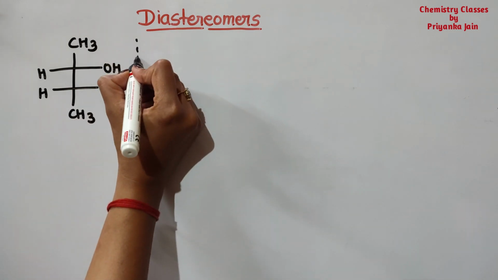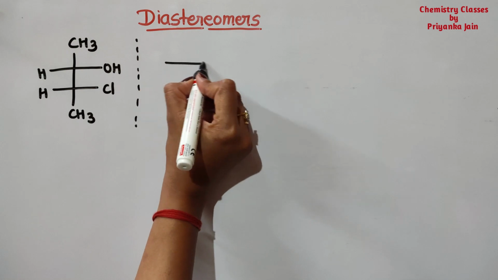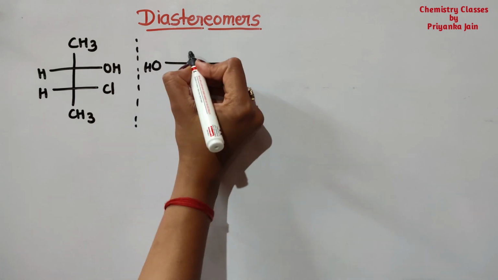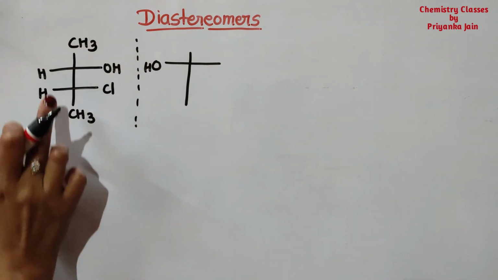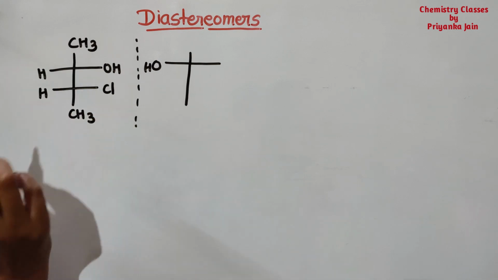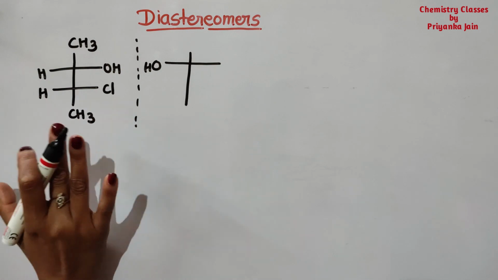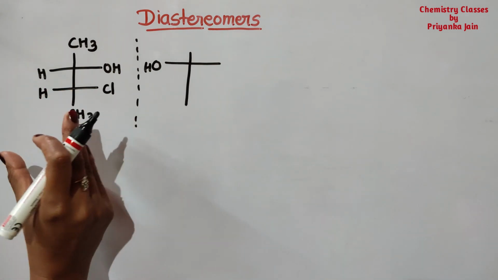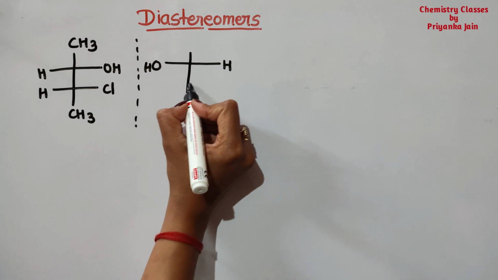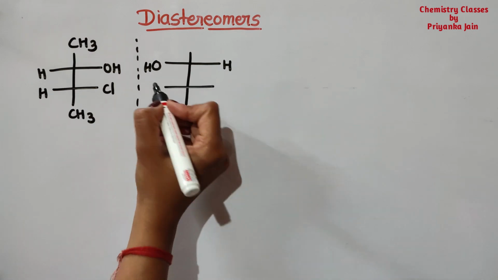Okay, and if I am making a mirror image of it, then it will be like this. This molecule is optically active. You can see here are 2 chiral atoms present, and here is no plane of symmetry in this molecule, right? So this molecule is optically active, so it will have a mirror image. It means it will have an enantiomer, okay?